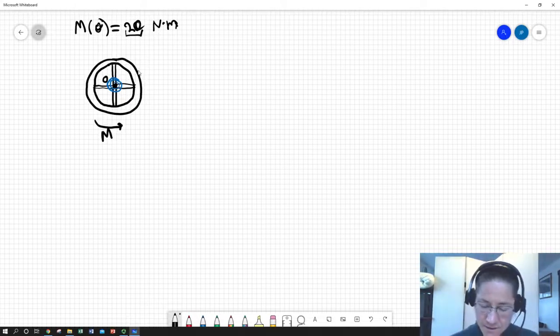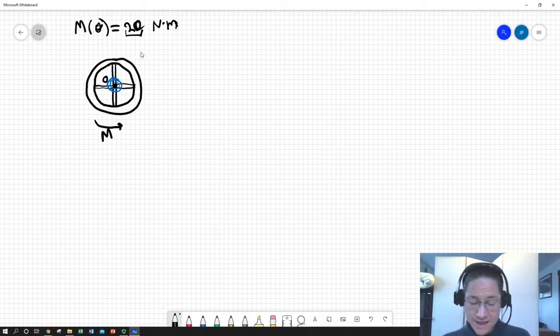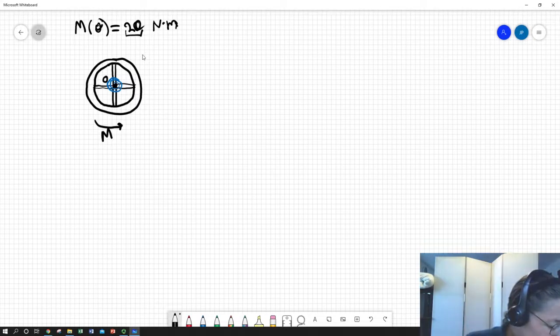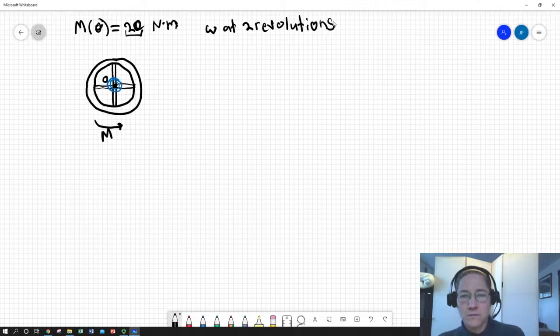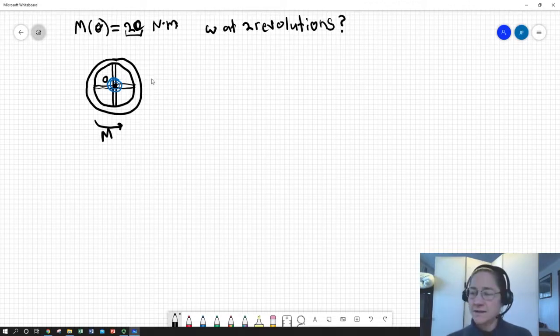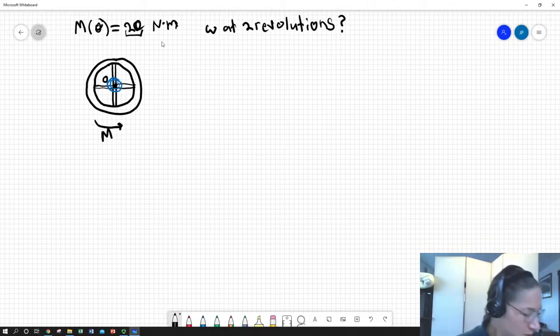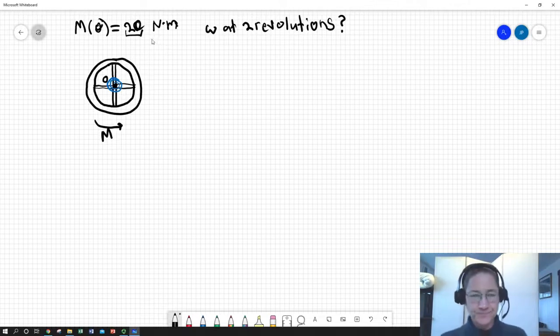And we are asked to find out what the angular velocity is at, I believe, a certain angle or time. It's a certain angle. So we're asked, what is omega at 2 revolutions? So we have the moment acting on it, and it's accelerating this wheel rotationally. It starts at rest, I believe. Just making sure what our initial state is. And released, its determined maximum angular velocity if it is rotated 2 revolutions, then released from rest. Okay, so